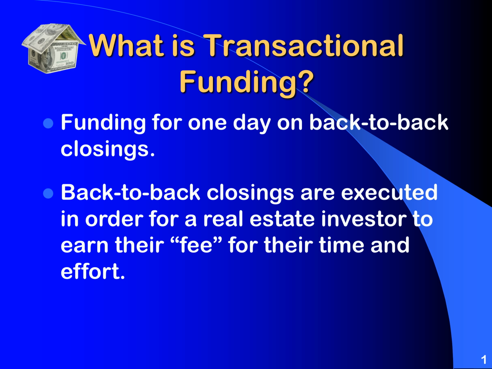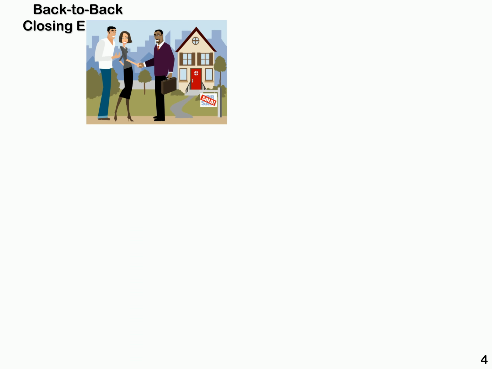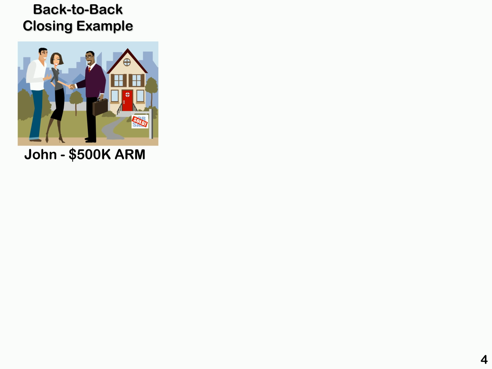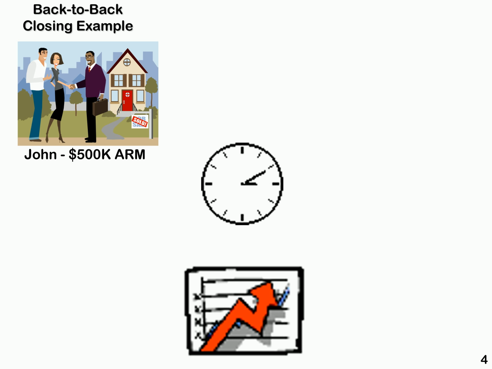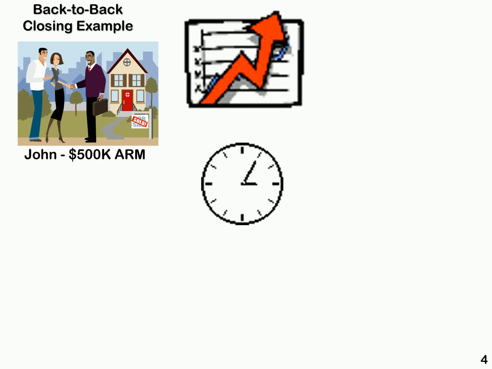A typical example these days is for a HUD transaction or an REO transaction. So let's go with a HUD transaction and let's take you through this. For example, let's say Mr. John bought a house for $500,000 with 100% financing and an ARM mortgage, adjustable rate mortgage. And over time, the interest rates increase and the rate adjusts higher.